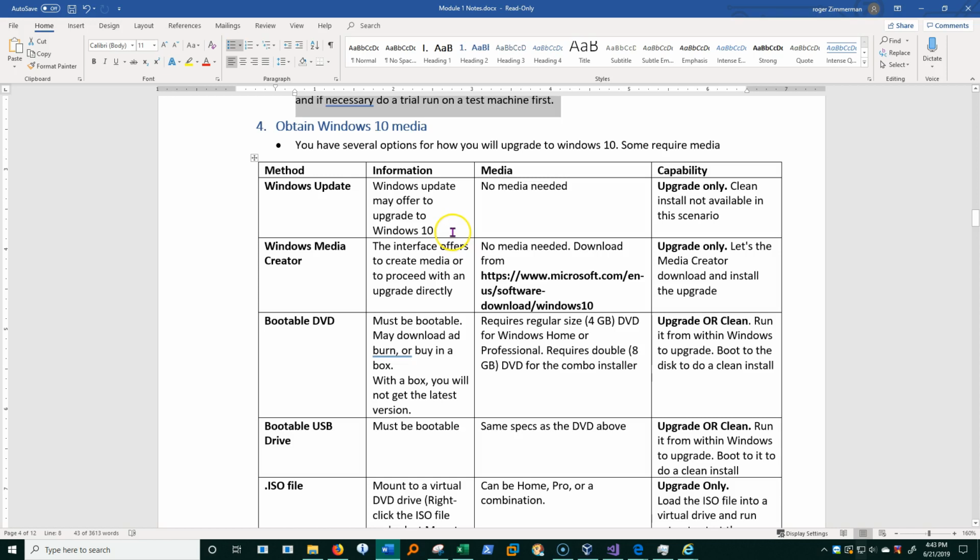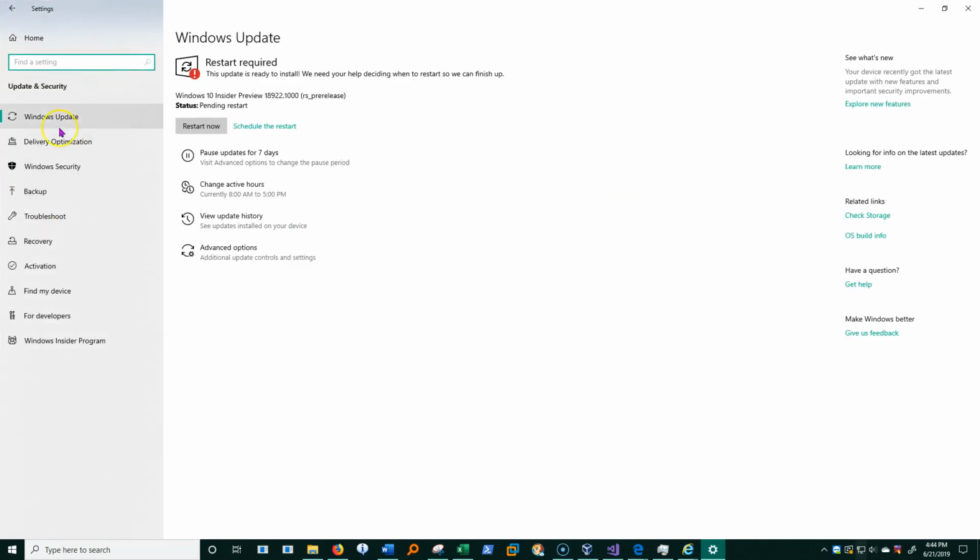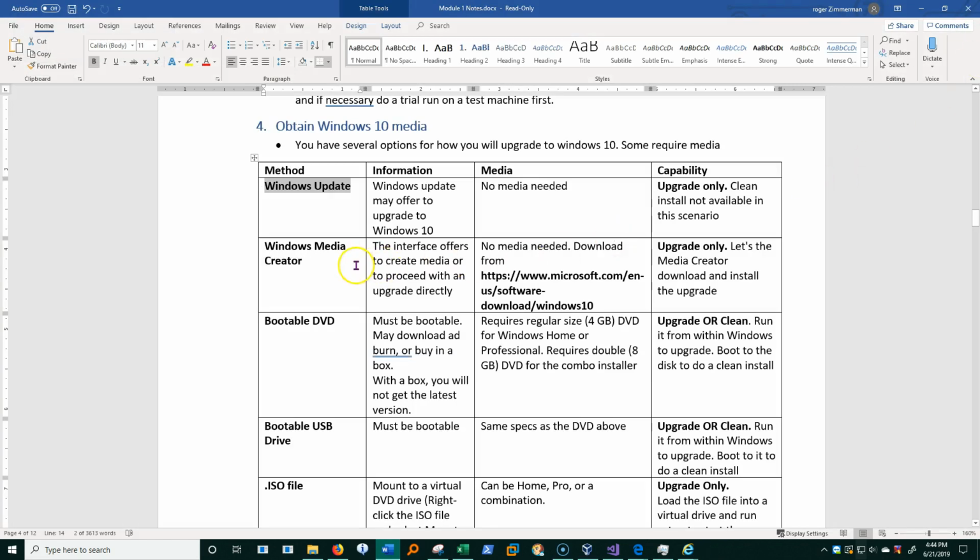If you had a Windows 7 or a Windows 8 machine, you would be prompted to upgrade to Windows 10. Now, I don't know if you currently have one, if it will still do that. I know at least during the first year or two, it always urges you to upgrade those. But at least at one point, in Windows Update itself, in other words, if I go here to Start and then to Settings and go to Update and Windows Update, I would be prompted to upgrade to Windows 10.